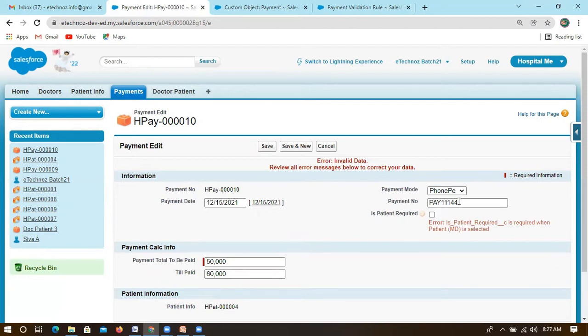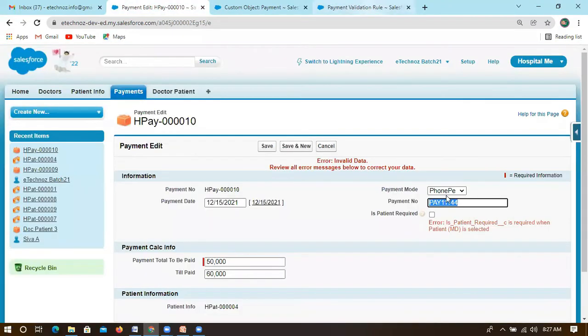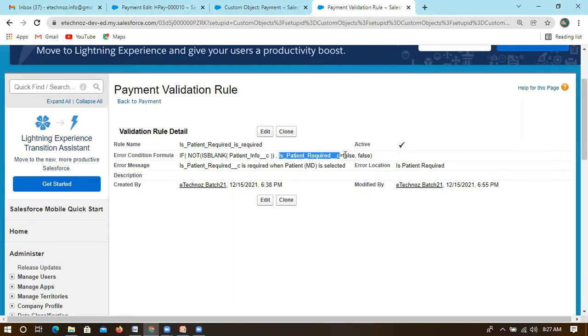Let's consider, based on this, if you want to select only the payment number, what you need to do is check this. Instead of this field, you have to add this field. But this is a text format, and this is a checkbox. If it is a checkbox, we have mentioned is equal to false.